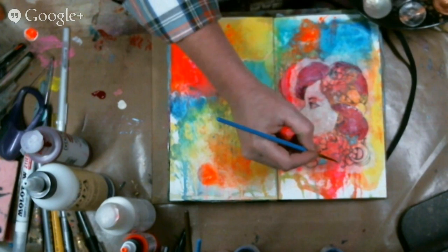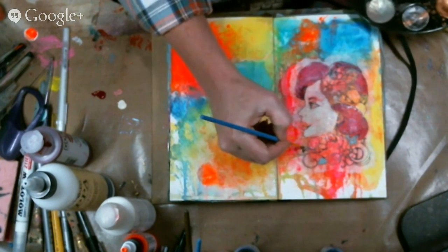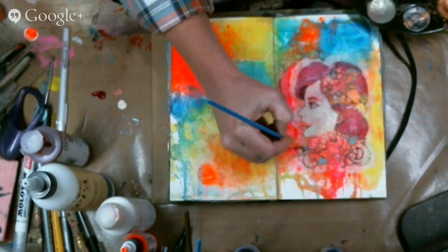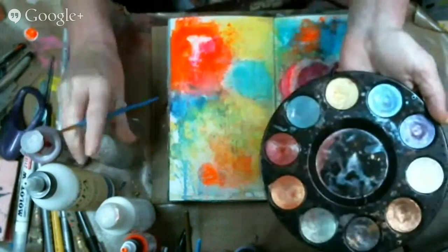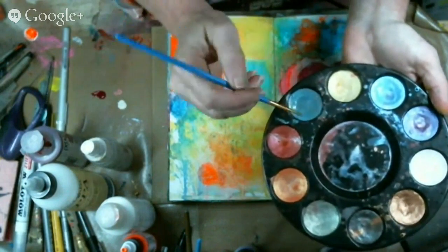Where else do I get it here? Here. And you can either just get the tub wet like that, which is what I've done in the past, or you can get...